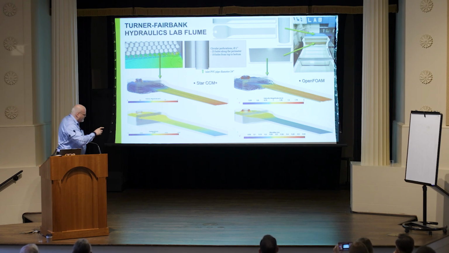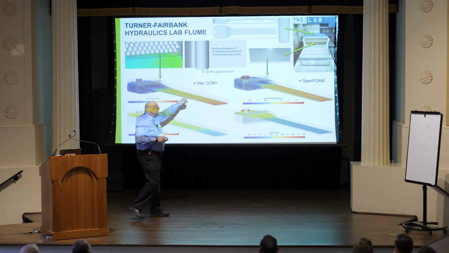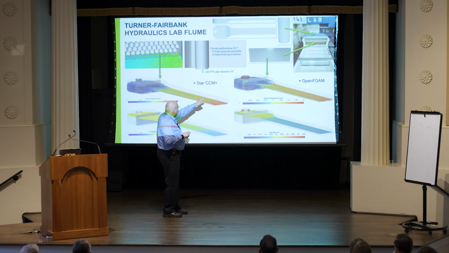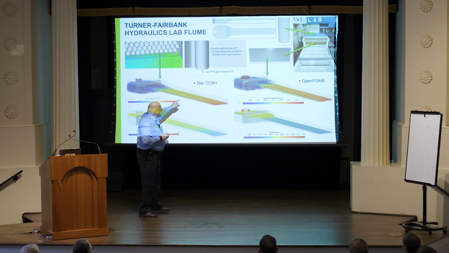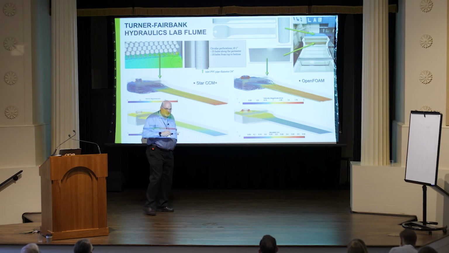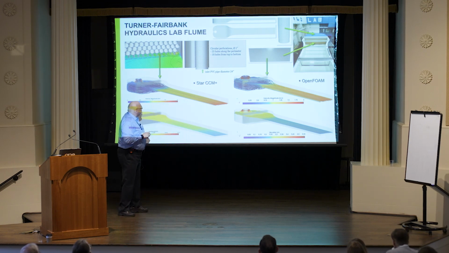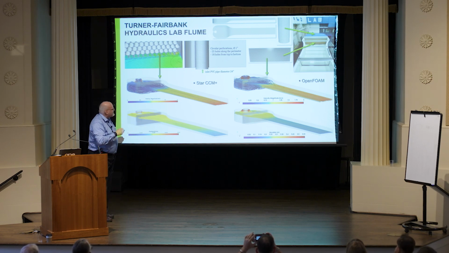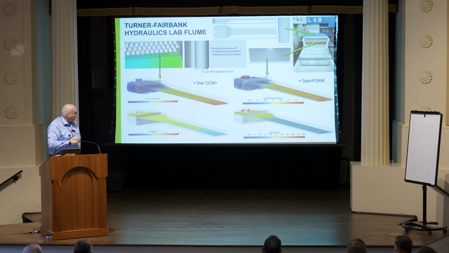So this is the flume that Cornell has in Washington at Turner Fairbank in his hydraulics lab, right? That's the picture on the upper right. And then you have a flow straightener in there with all the little pipes. I don't know whether the resolution is good enough to see that. And then under the blue lid, you have that center standpipe with 400 holes in it, right, where the water comes through the bottom and then gets into the tank. And you get as straight of a flow as possible in that arrangement. And we were analyzing that for a project for the Army Corps of Engineers.